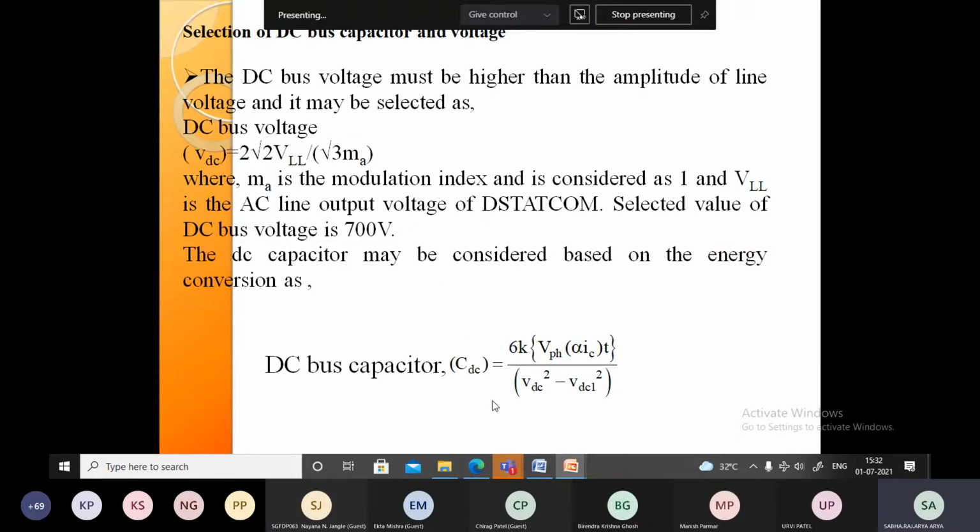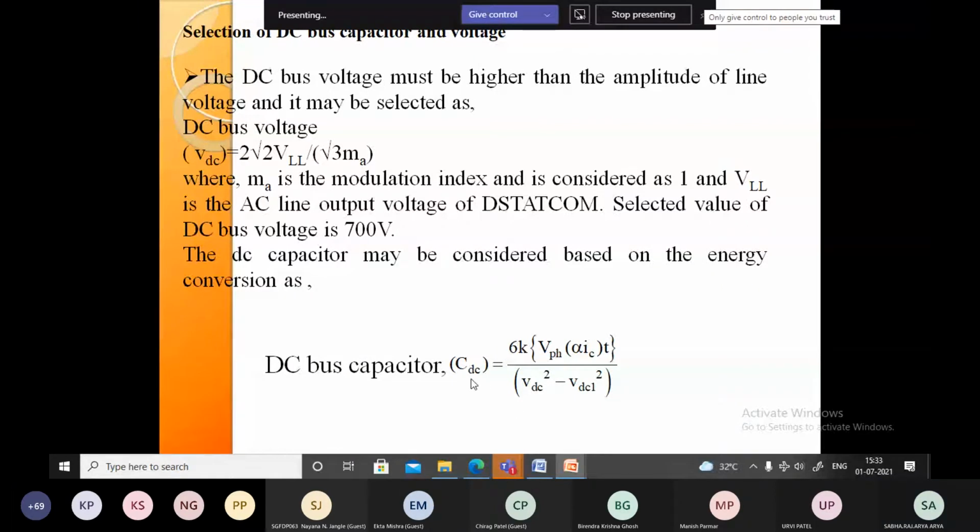After that, you can design the capacitor. There is a simple rule for the capacitor. You can design this capacitor based on each 5 kVAr of reactive power demand. Basically, the base theory is: for each 5 kVAr of reactive power demand, you can put 2000 microfarad. This is a basic guideline only.